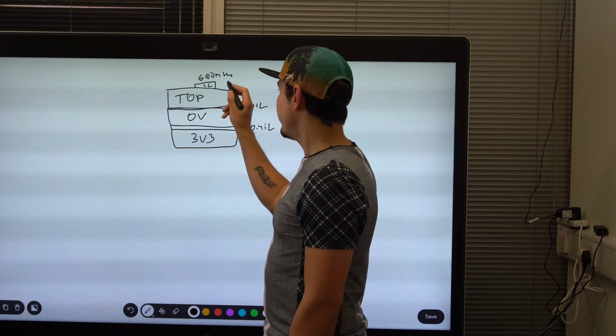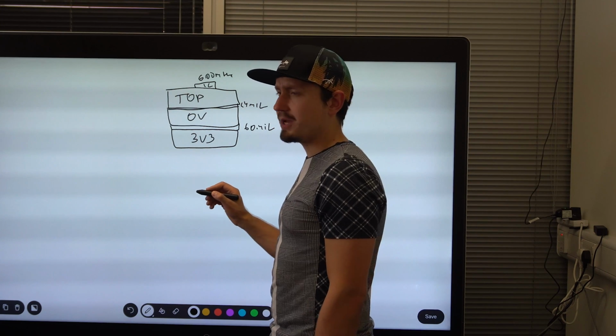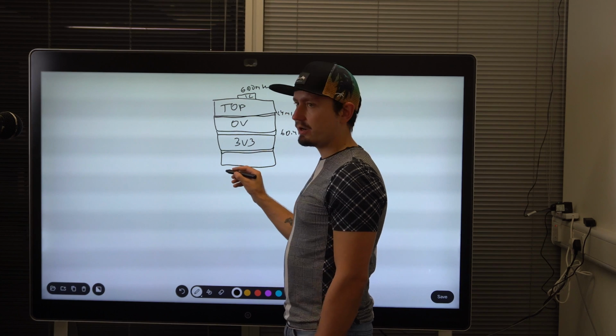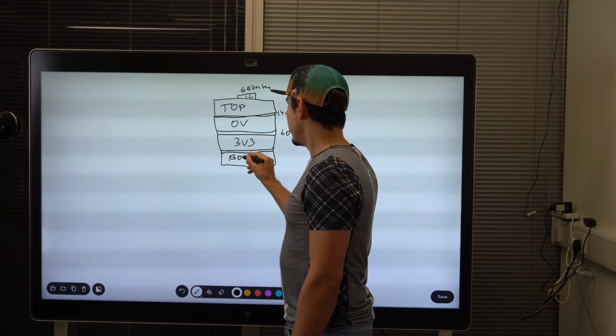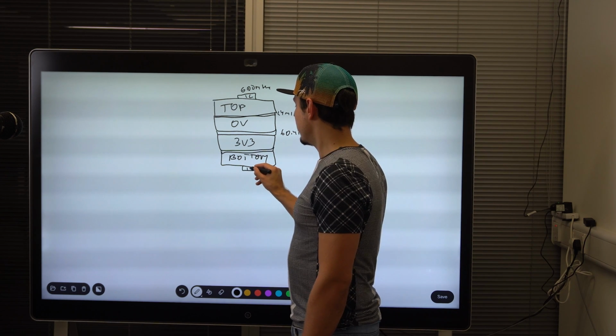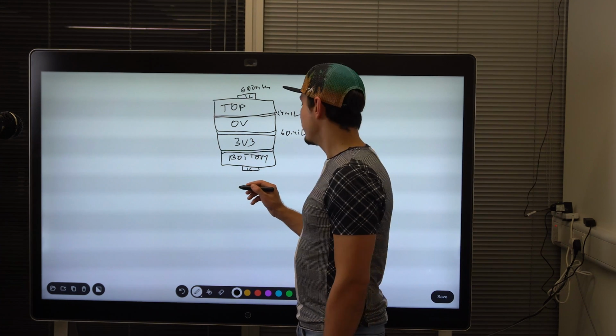So 3V3 for the core supply of the IMX MCU, and under it we will have another dielectric layer and a bottom layer